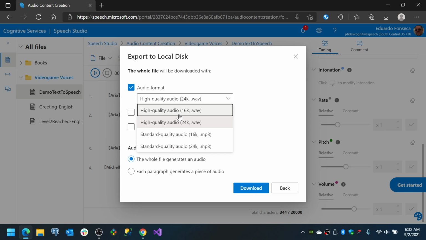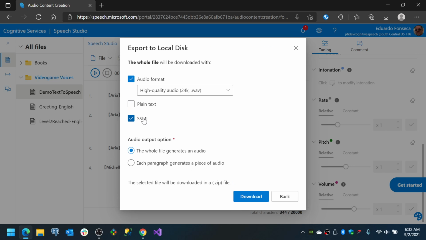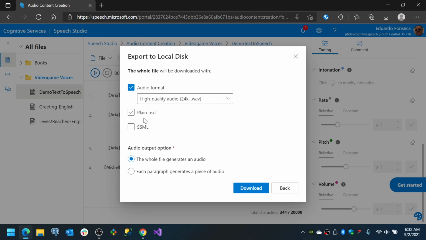So you can choose high quality audio, 16K, 24K, or standard audio, and you can choose what you want to do. Export the audio format, export the plain text, export the SSML, which we're going to see in a second, or if you want to export the whole file for the whole audio, or if you want to generate each paragraph